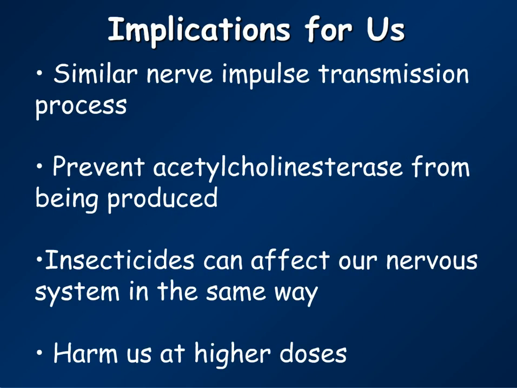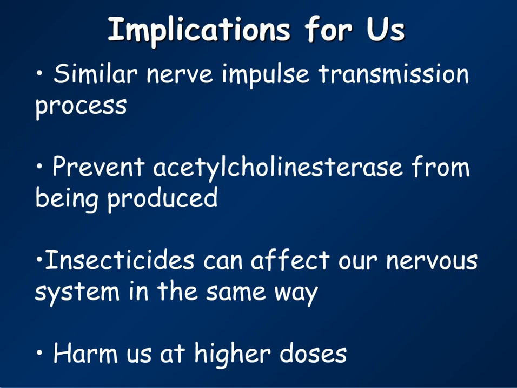So what are the implications for humans as far as using these insecticides? Again, humans have a similar nerve impulse transmission process as insects, and these insecticides are meant to prevent the acetylcholine esterase from being produced. Therefore, the insecticides can affect our nervous system in the same way. That's why it's very important to read the label and use these insecticides responsibly. Now, of course, it's going to harm us at higher levels, but it's just very important that we follow those